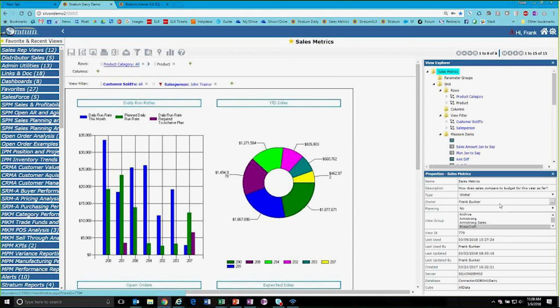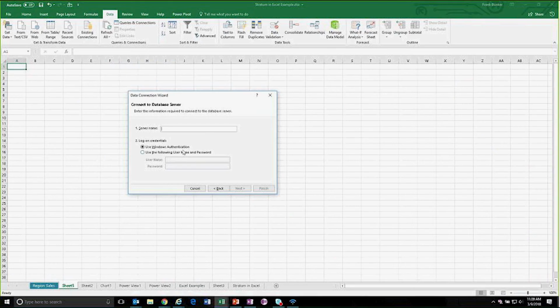If I double-click on that, what you'll see is down here at the bottom, there's 3 fields. One's called the server, one's called the database, and the other's called the cube. And you're going to need to know those 3 things to finish up back on that connection I was showing in Excel. So I happen to know these for my Excel attachment, so I'm going to go back over here, and my server name is Sylvan Demo 2,